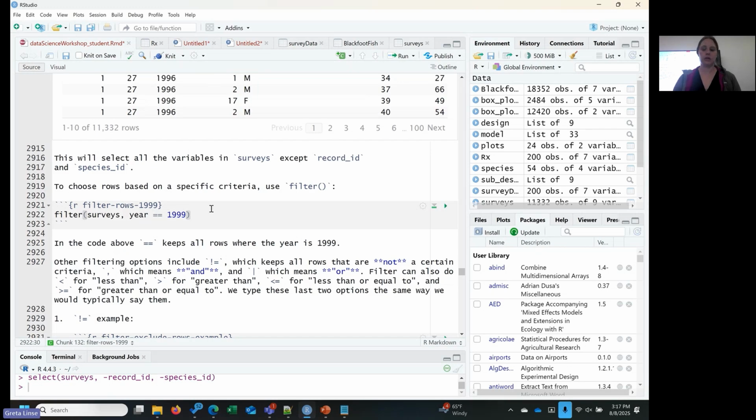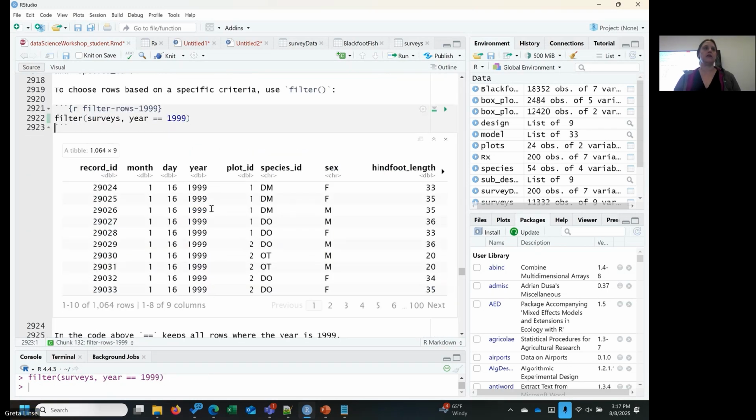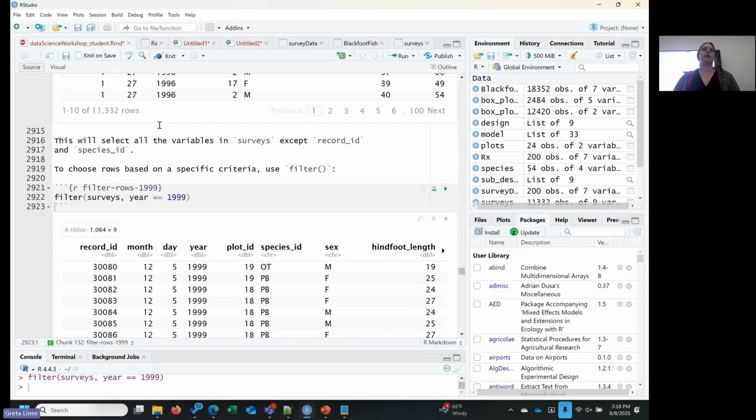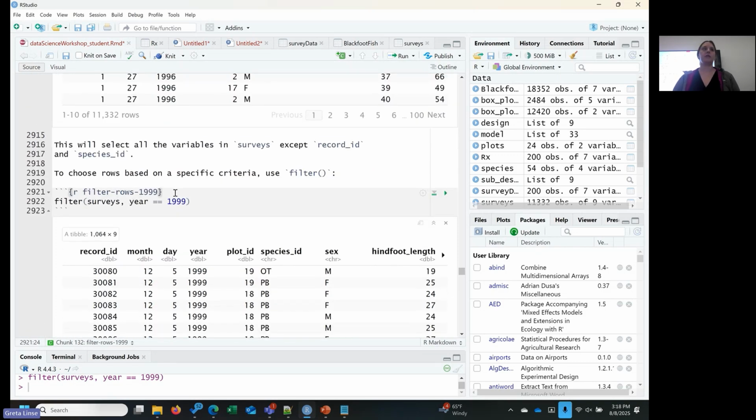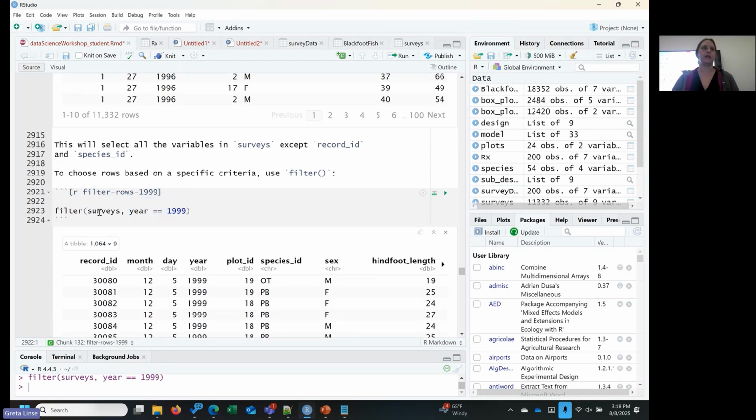And so if we run all of this together, it's filtering only the rows where the year is 1999. So it gives back the entire row, all of the columns, but only the ones that are 1999. So all of that meet that criteria. And so this part of the filter statement evaluates to true or false. So we can look at that quickly where